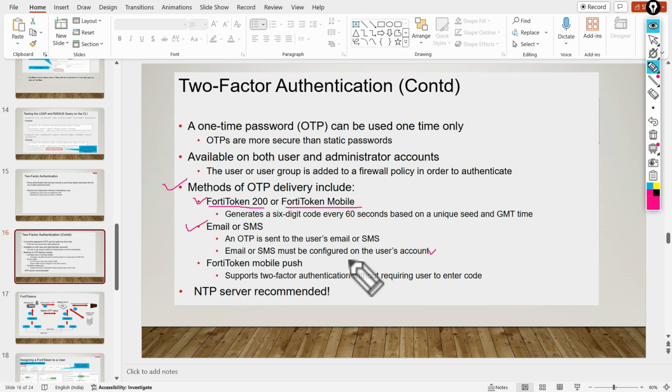These are the ways to generate a second-factor authentication. FortiToken Mobile Push supports two-factor authentication without requiring the user to enter a code, and it is recommended to sync the NTP server on the second-factor authentication side with the FortiGate firewalls.